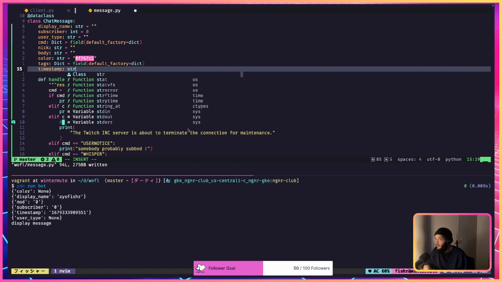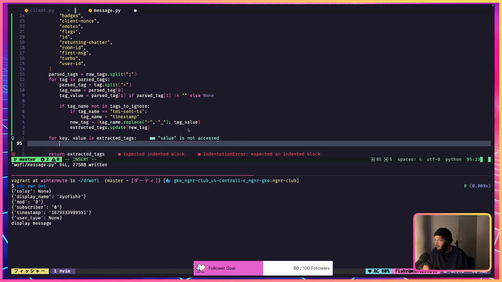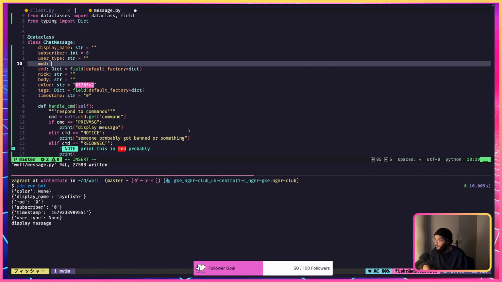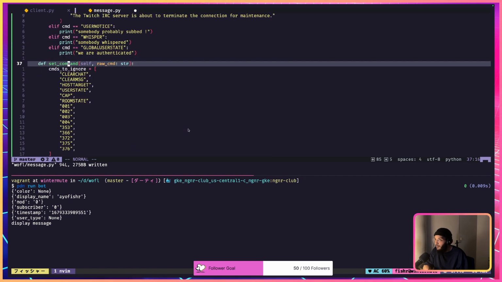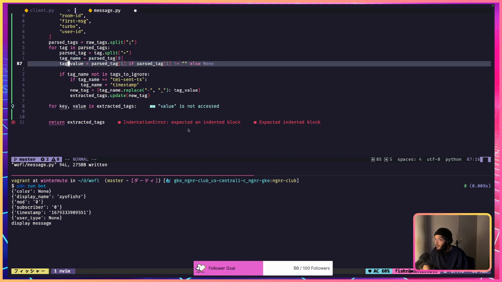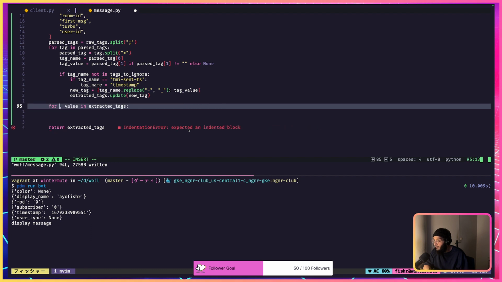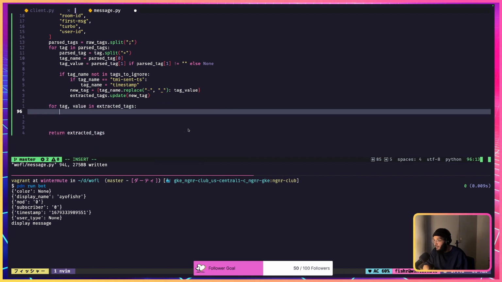It's going to be a string for now of 0. We're going to change that later. Key value now. Mod. Do we need mod? We'll do mod. Int again equals 0. Right, so key value in extracted tags, I guess tag for name, for tag, and then value in extracted tags,